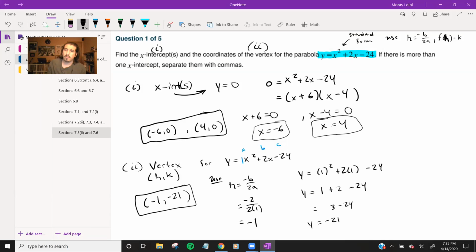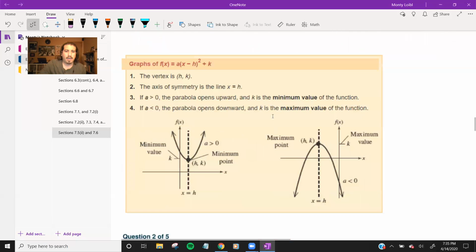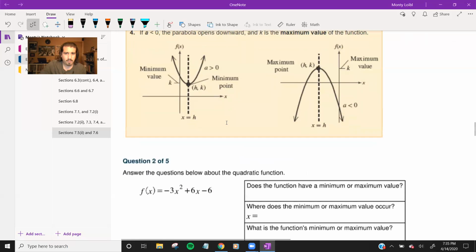Again, using the vertex formula is super important, so make sure you have that handy and know that you use it when you have the standard form of a quadratic, right? Okay, now we talked about this one, right? I mentioned this up above, and the reason being